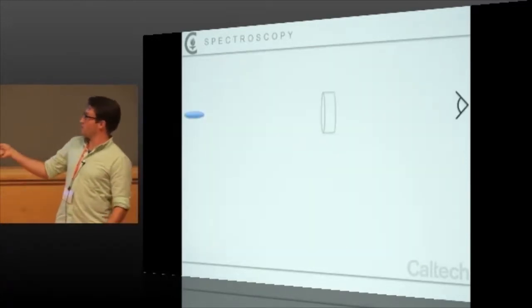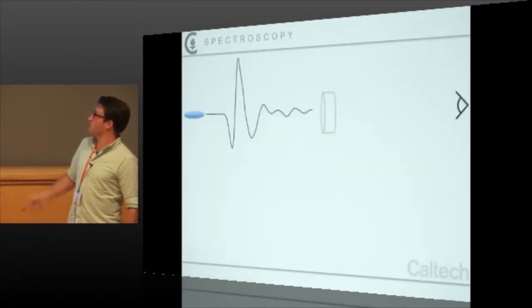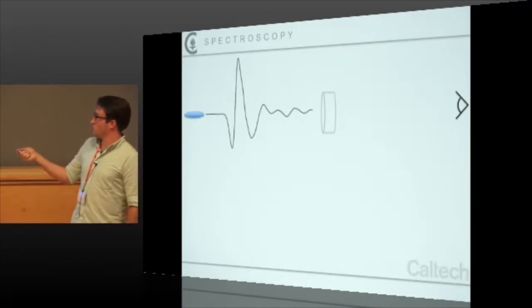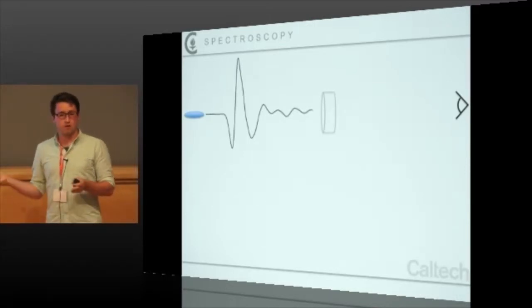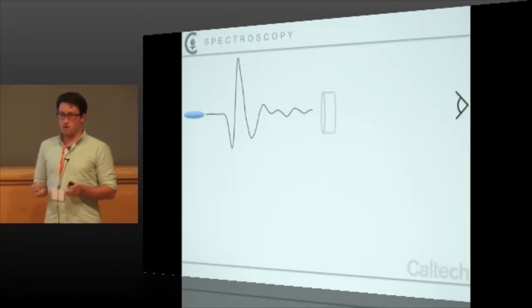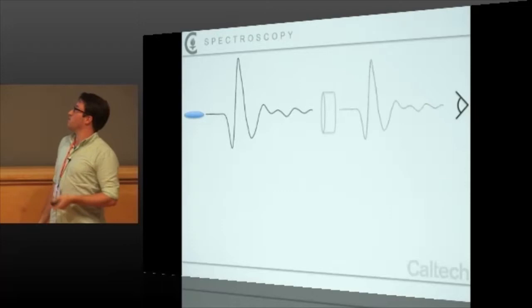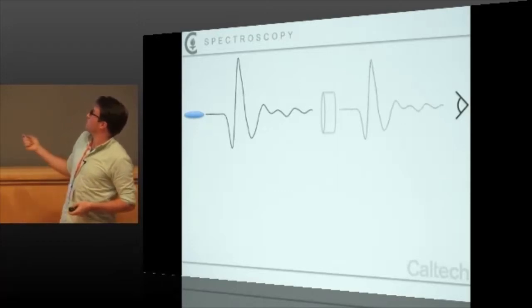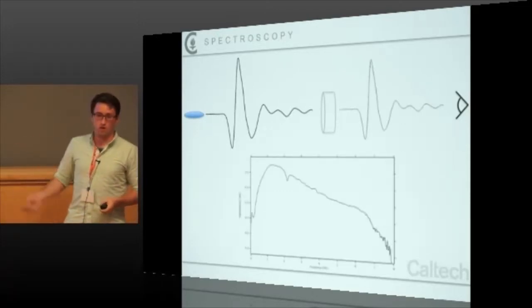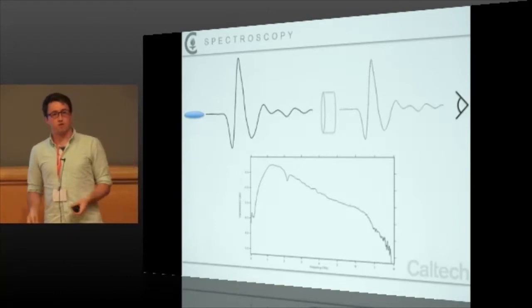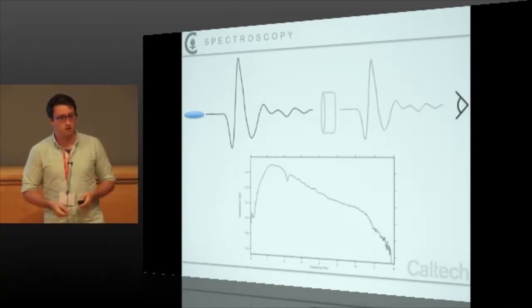So we get this plasma, we set our sample in the way, and then we get a short terahertz pulse out. Now this is in time domain, so not frequency domain, and it's only a few picoseconds wide, but it covers our entire bandwidth at once. So you're taking your entire spectra at once. We pass it through the sample, it gets somewhat absorbed, and we detect it, and then we just take a Fourier transform of that, and we have our spectra. So we do sample, reference, and then we take the ratio between those, and we get a nice absorption spectra.